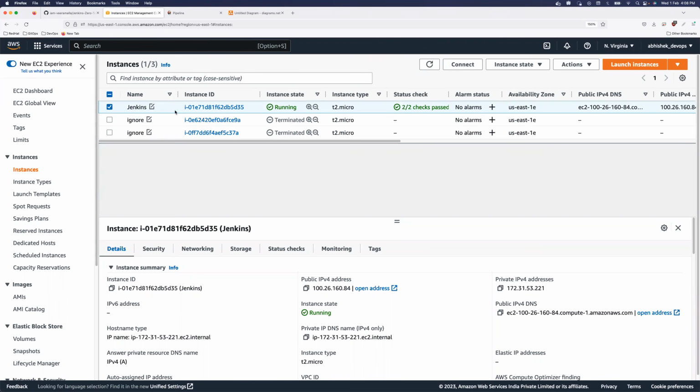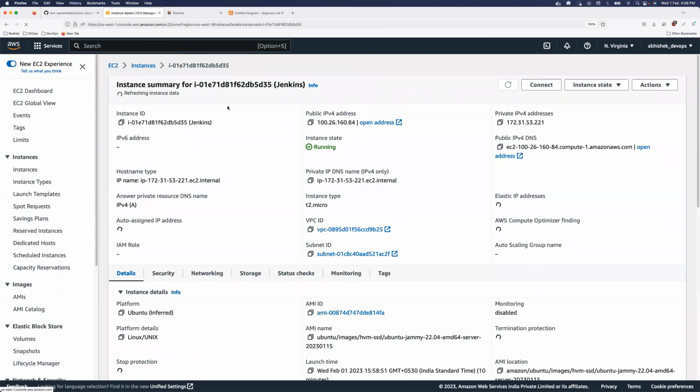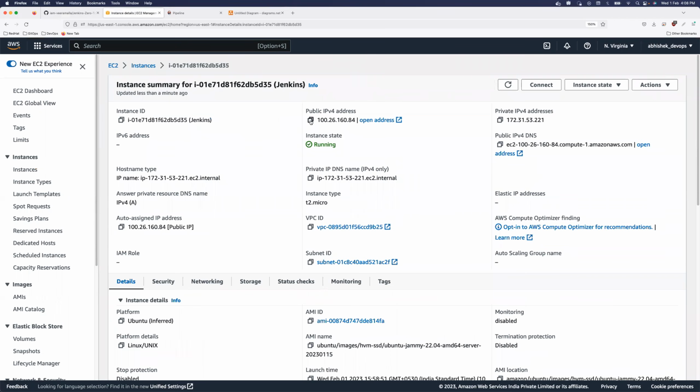So I just created a Jenkins instance, and what we will do is we'll start with installing Jenkins on it, right? The name is Jenkins, but it's just an EC2 instance without any software packages installed in it, right? So let me take the terminal, and firstly, what we need to do is copy the instance public IP address. So I'll copy the instance public IP address, and if you see here, I have my console. Let me increase the font,